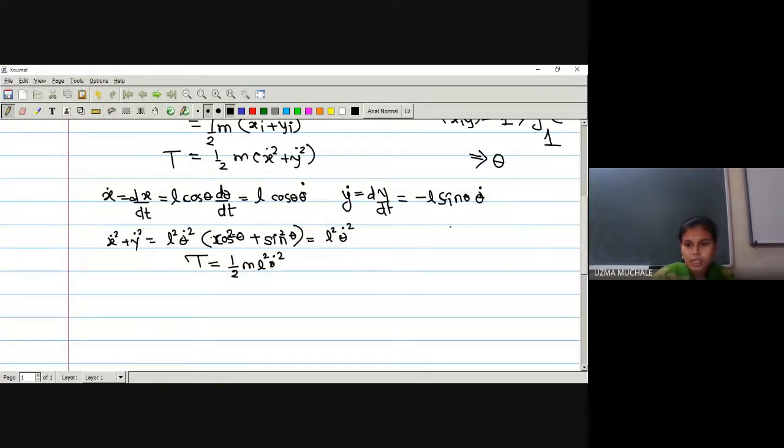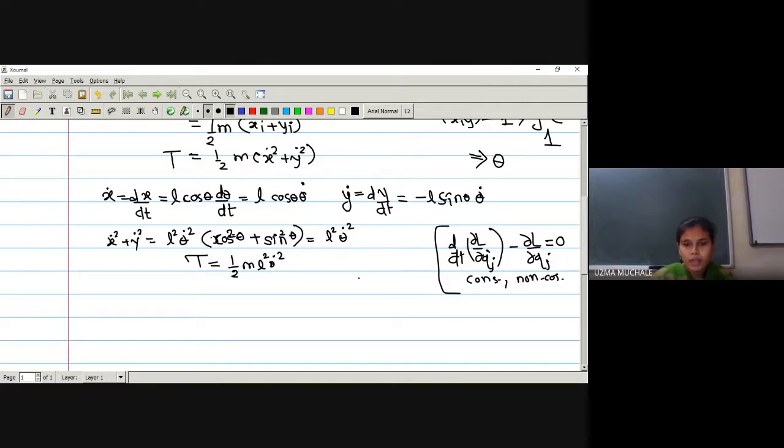So what was our equation in the case of a conservative system? Lagrange's equation of motion for a conservative system that we have discussed is d by dt of dou L by dou Qj dot minus dou L by dou Qj equals 0. This was the equation we obtained for conservative as well as non-conservative systems, and in the partially conservative case there was a value Qj dash. With the help of that, if we know the value of this, then we can solve.